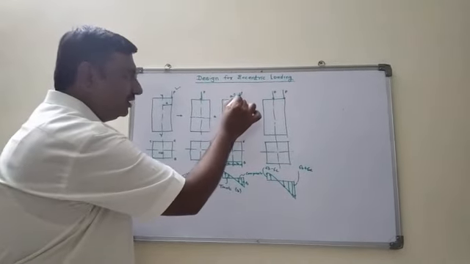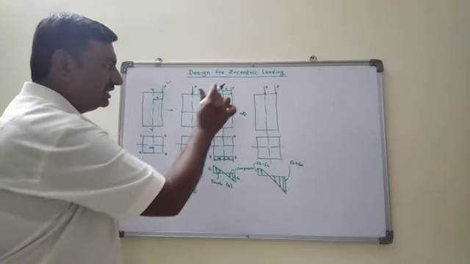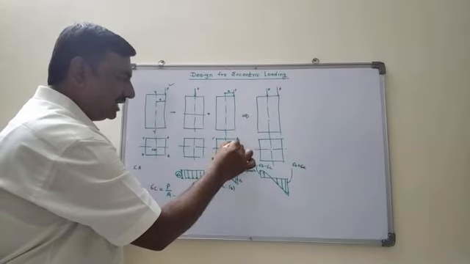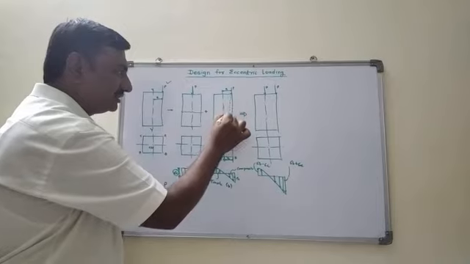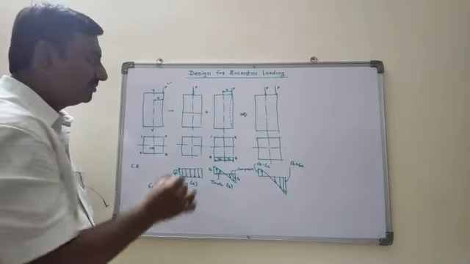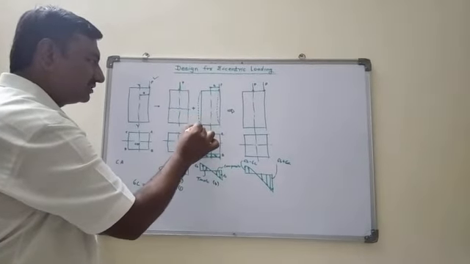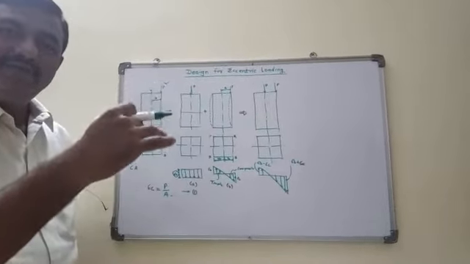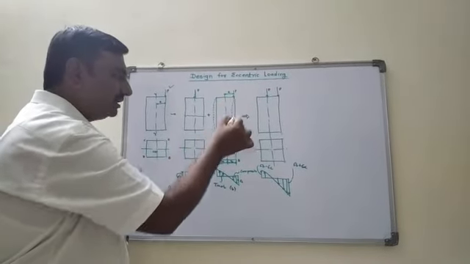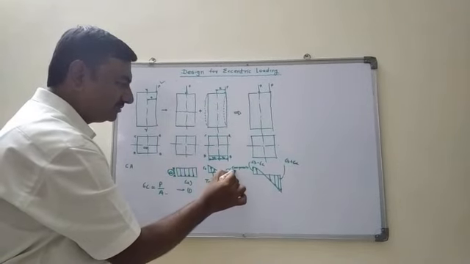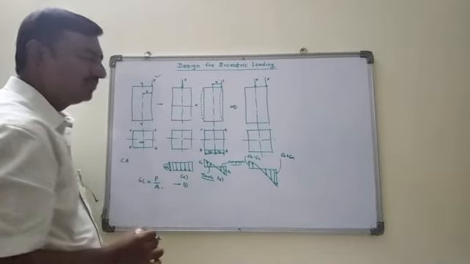See here, due to this compressive force which is acting at an eccentricity E at the edge AB, the portion is subjected to the compressive stress like this. This is the portion of the inner surface, and the outer fiber is subjected to the tensile stresses like this. So like this, the beam is subjected to bending, where we find the inner surface having the compressive stress and the outer fiber subjected to the tensile stress.